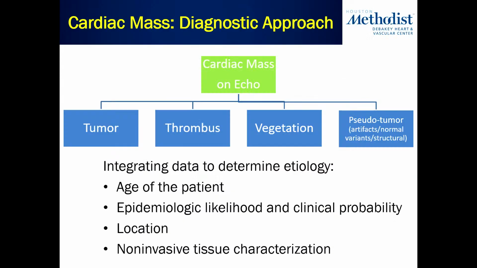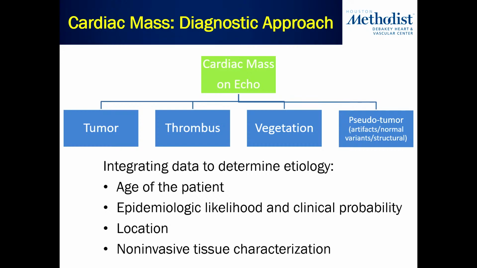As you probably saw in the slides that Carla showed, usually one of the first places where we identify a cardiac mass is on echocardiography. And then the differential frequently is something that we have seen a lot of images of in the last half hour. Is it a tumor? Is it a thrombus? Is it a vegetation? Or is it what we call a pseudotumor, which is really, is it just an artifact or a normal variant,